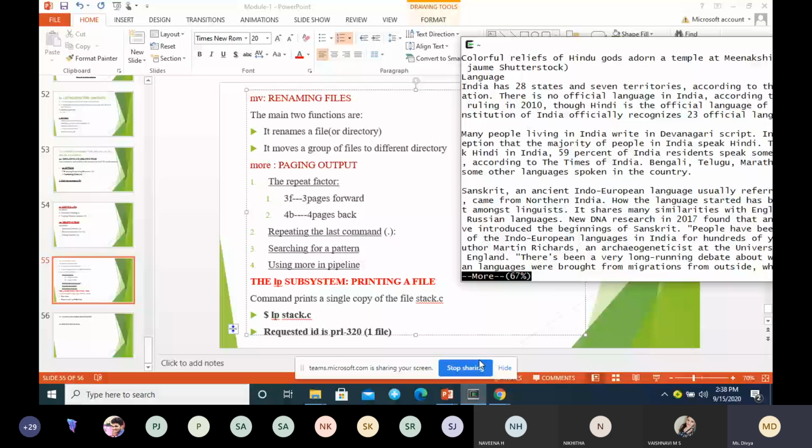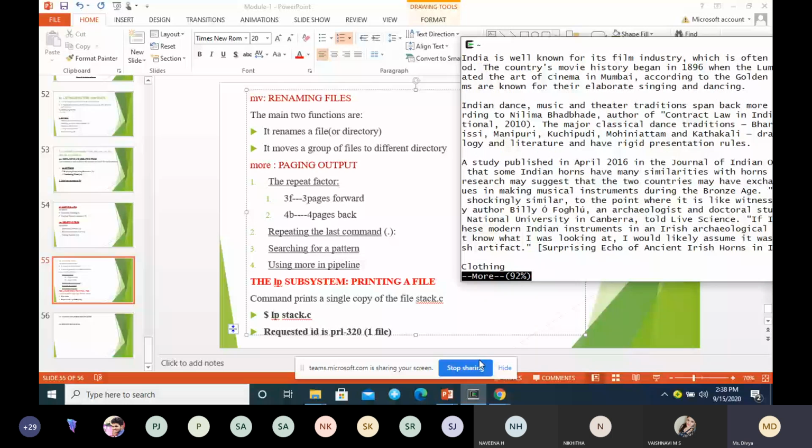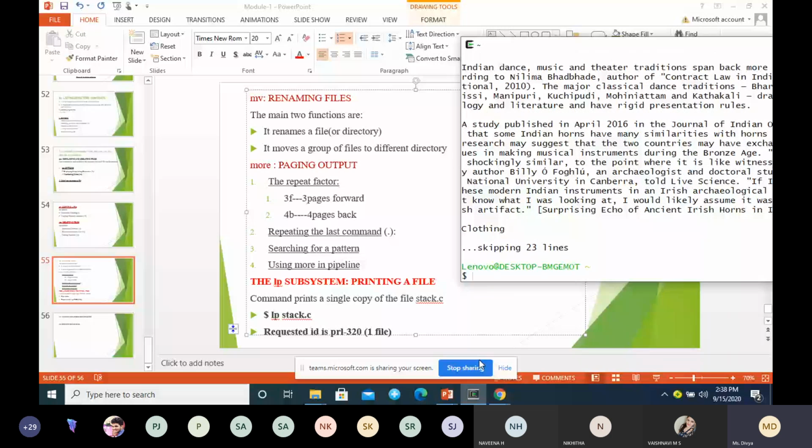It moves one page forward again, until you reach the end of the file. Like this you can repeat the last command with the dot. If 10F is used, then pressing dot again moves 10 pages forward. You can practice with the dot.